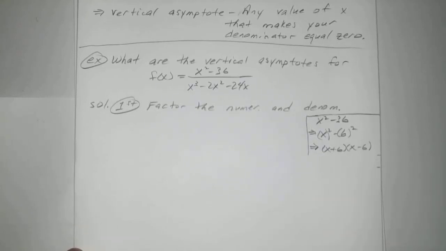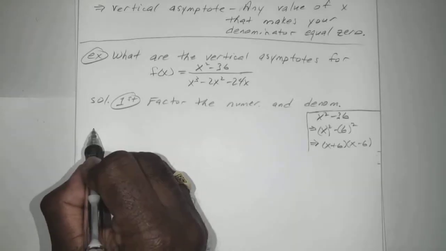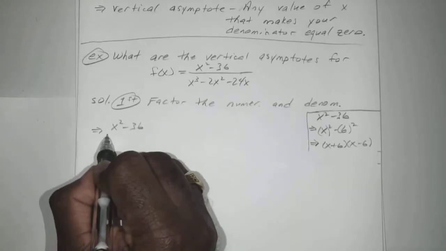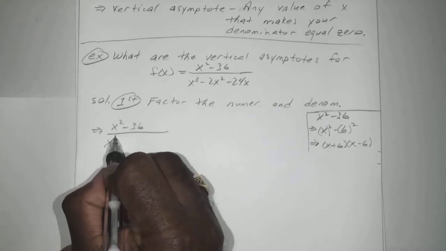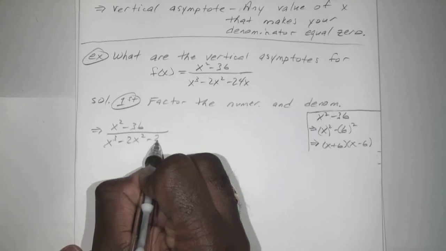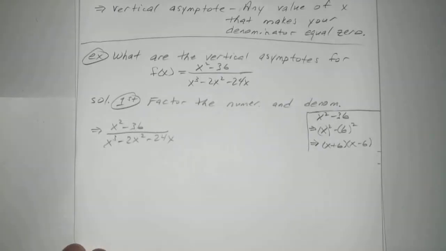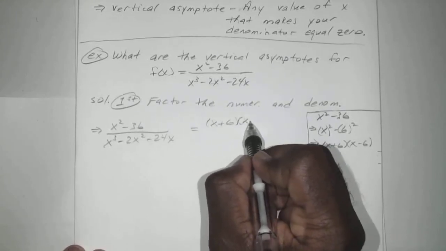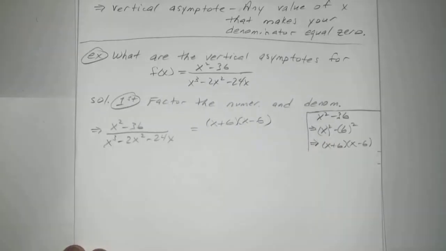So our x squared minus 36 over x to the third minus 2x squared minus 24x is going to equal x plus 6 times x minus 6